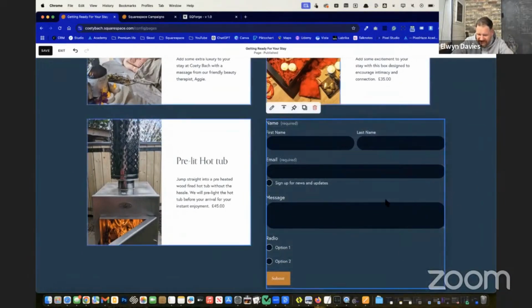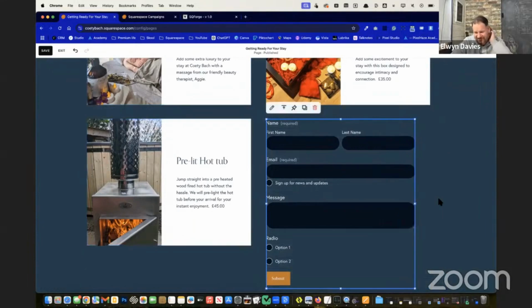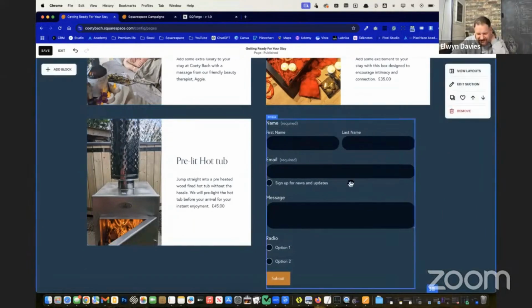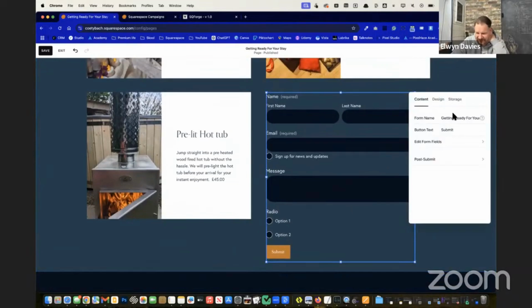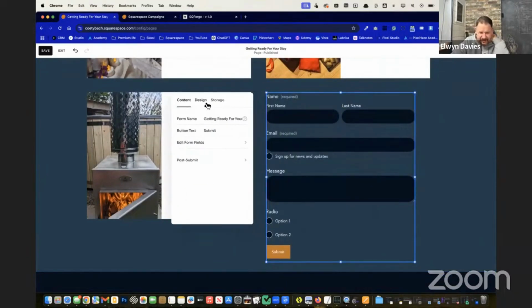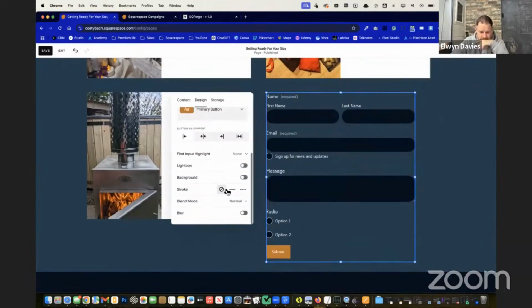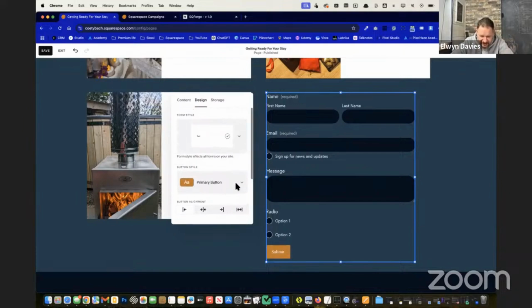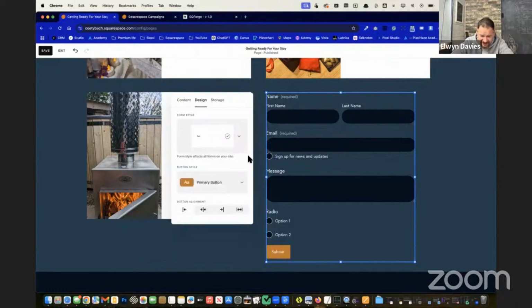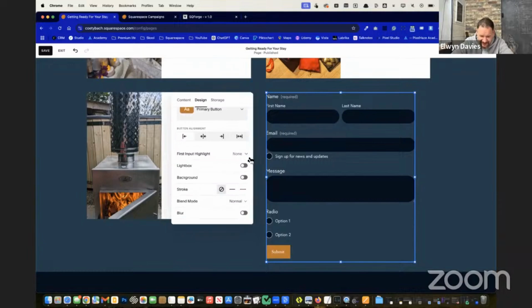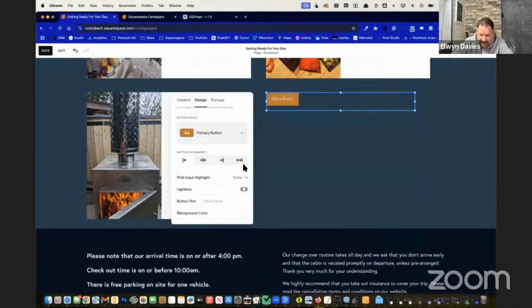The only thing is, visually, that now doesn't look quite as nice because we can see it's dropping down here and I don't like that. So what we could do instead is double click on it and go to design. There used to be an option that we could just switch it to a button. We can change the form style, which is a relatively new feature, and I like that in Squarespace. Just makes them look a bit nicer. Lightbox mode. So we can change the